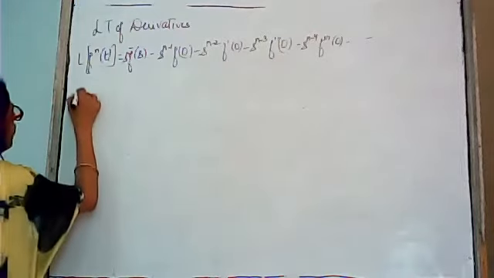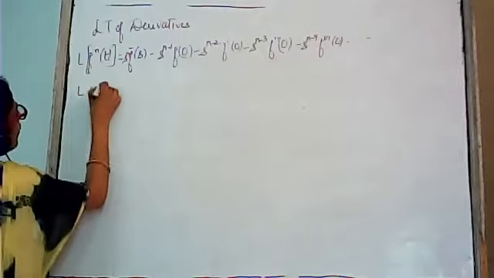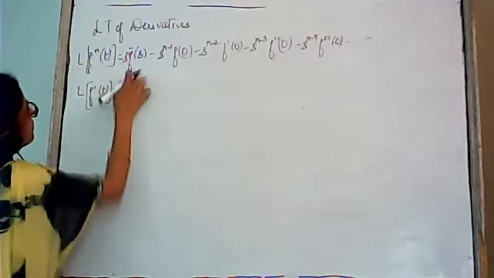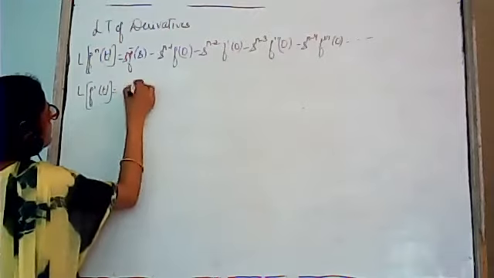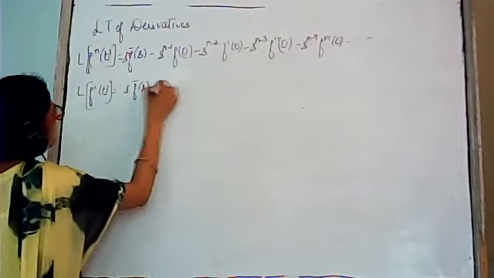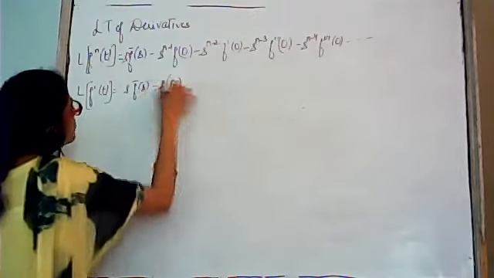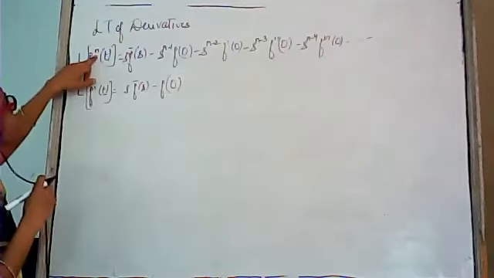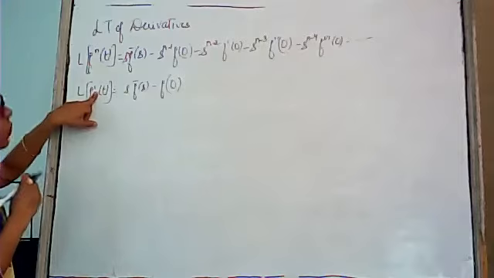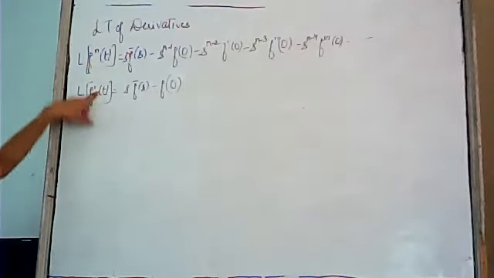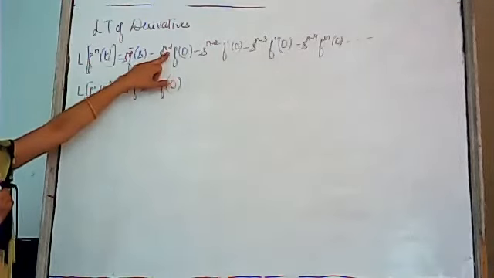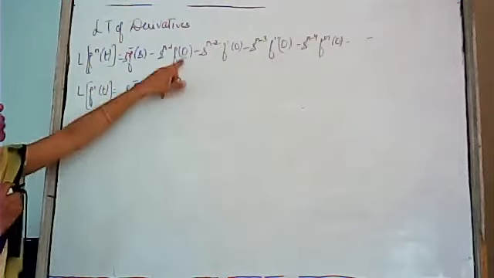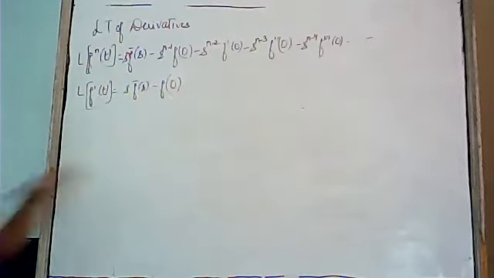Let us suppose we want to find the Laplace transformation of f dash t. In that case, this result will be s f bar s minus f of 0. As s raised to the power 1 minus 1, here we have n, here we have 1. It means first order derivative. It will be 1 minus 1 and it will be 0, and s raised to the power 0 is again 1. So we are taking only f of 0.